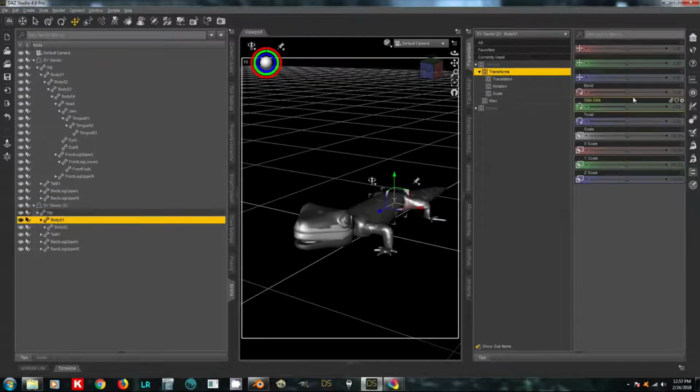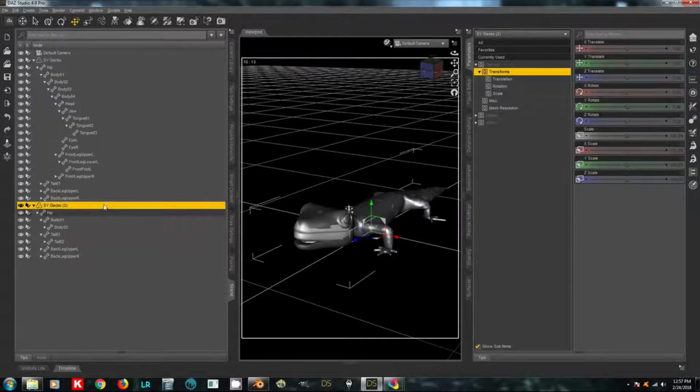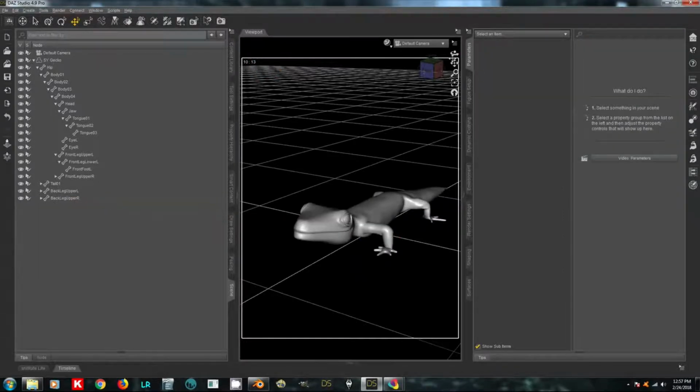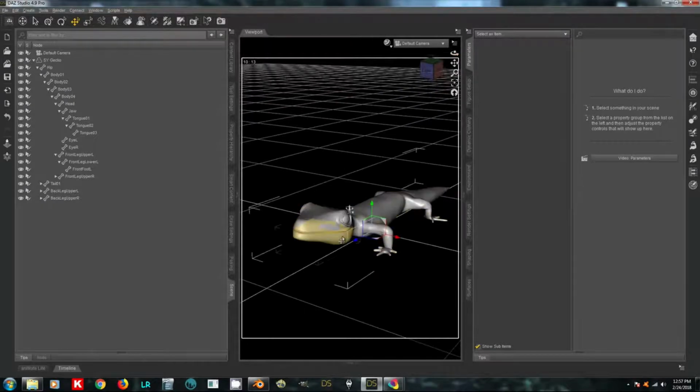Did I set limits on this? Maybe I didn't. Okay, so for setting limits, this is important because while you as the maker of the thing